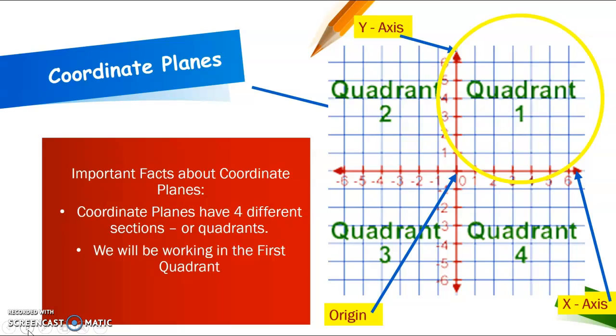You'll explore the other 3 quadrants more next year. But we're just going to work with the first quadrant, but it's important to know there are 4. If you think about it, it makes sense because we know that there are positive values and negative values, and they go on number lines as well, right? So it's just taking the negative side and working with those as well on a number line. But for our purposes this year, we're only going to be working with the positive number line section of the coordinate plane, which is called quadrant